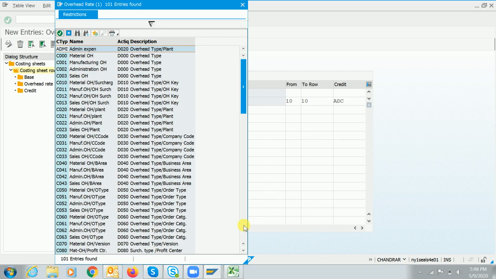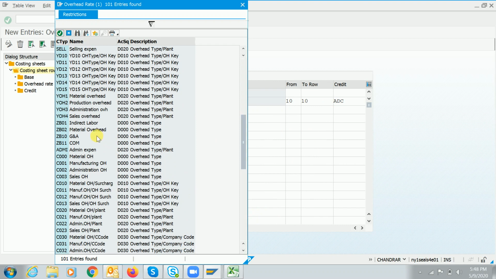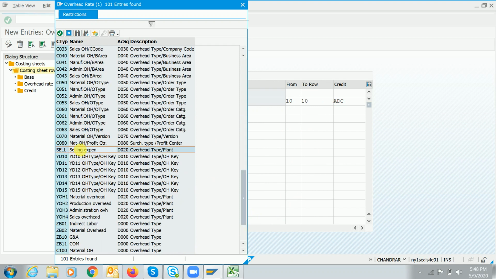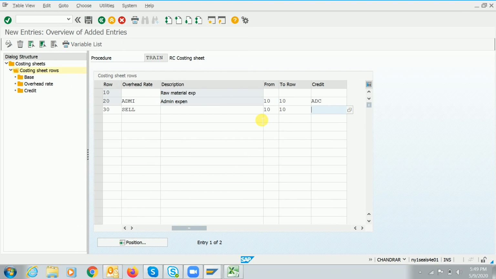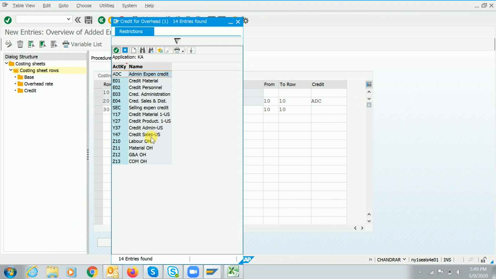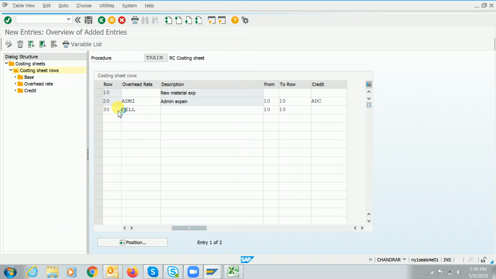Now select for the selling. Selling, this one. Once you select this, click on the 10, select the 20 credit. Once you are done with this, just save it, guys.